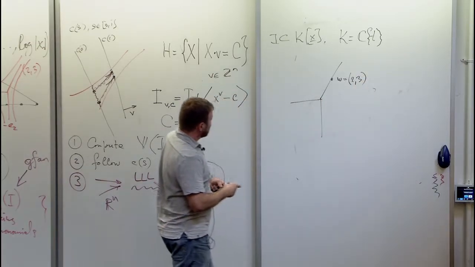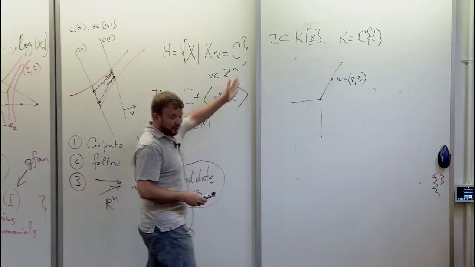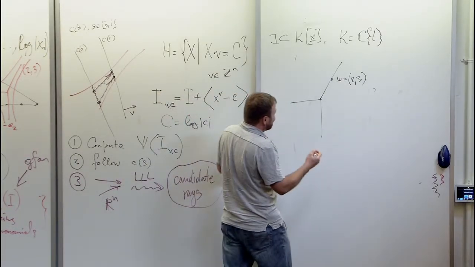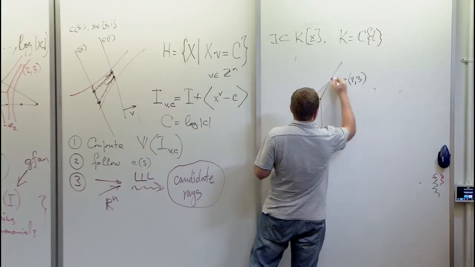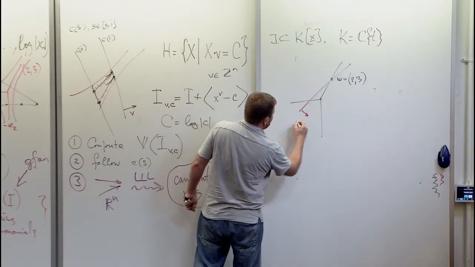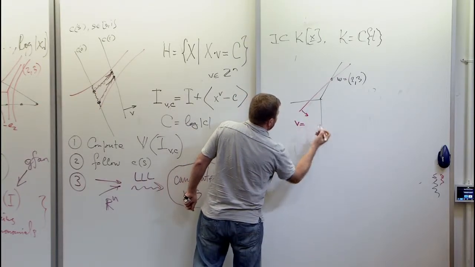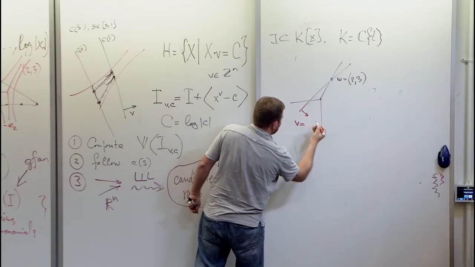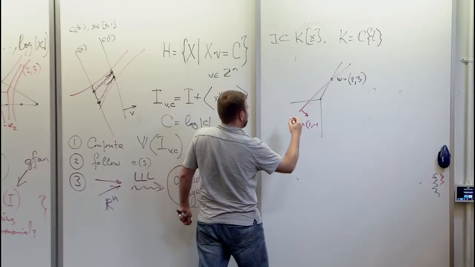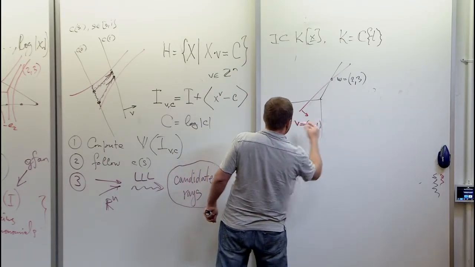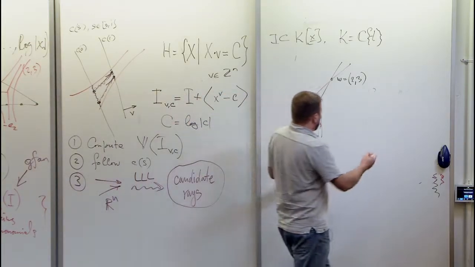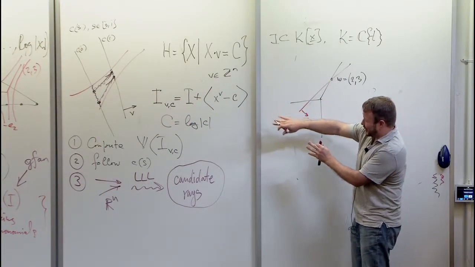So what I want to do next is to consider curves with non-constant coefficients, tropical curves with non-constant coefficients, and do the same, slice through the point. So here I can take (1, -1), I guess. Yeah, that would work. (1, -1) as the direction. So very similarly to this setup,